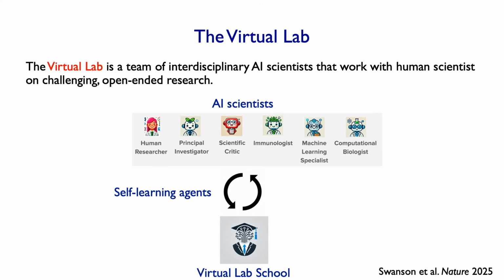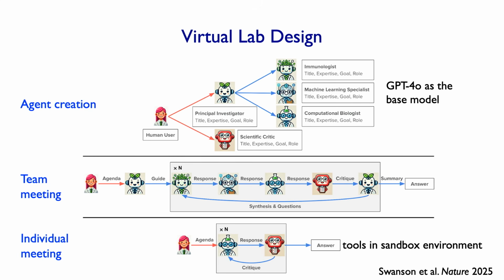I'll show you a couple of examples of how these agent teams can work. The way that we interact with these agents is quite flexible. I can just tell the agent some project I'm interested in. Maybe I want to design a new kind of material, a new therapeutic, or create a clinical trial. Then there's a principal investigator agent, like the professor or the manager of this team. This PI agent will then go out and automatically create the different expert agents that have the relevant expertise. So maybe for this project, the PI agent might say, okay, it's useful to have an immunologist, so we'll go out and create a sub-agent with expertise in immunology.